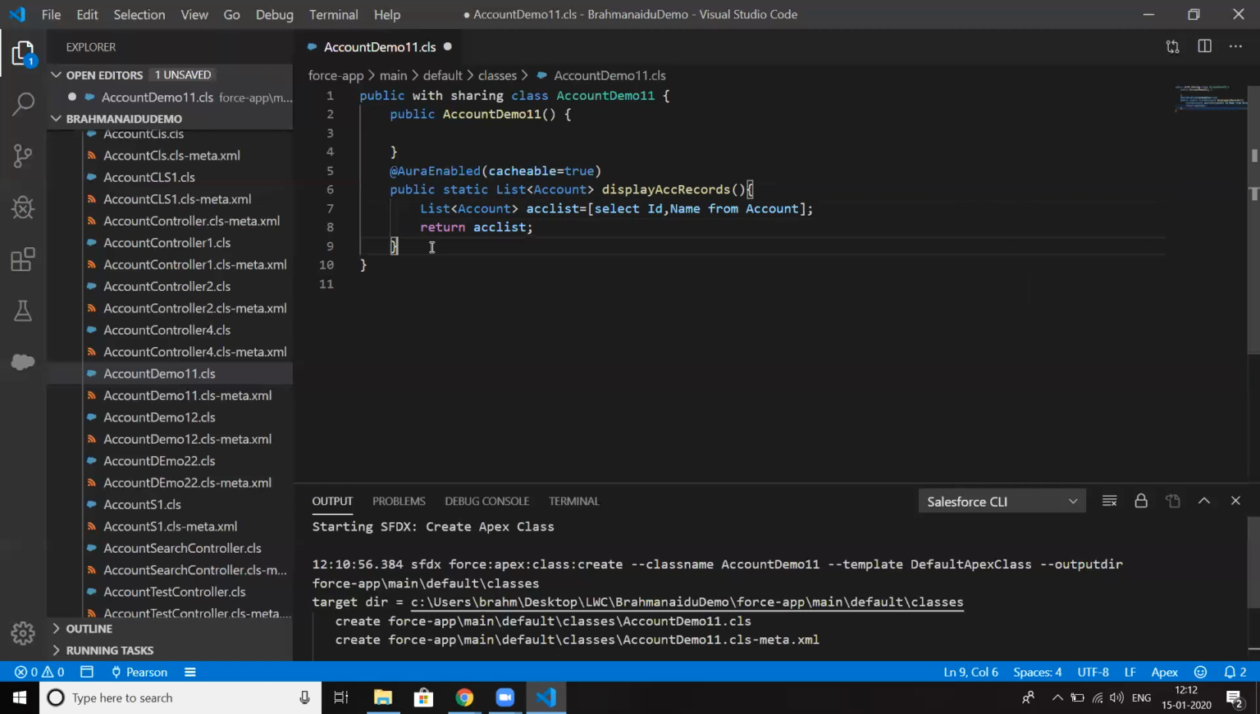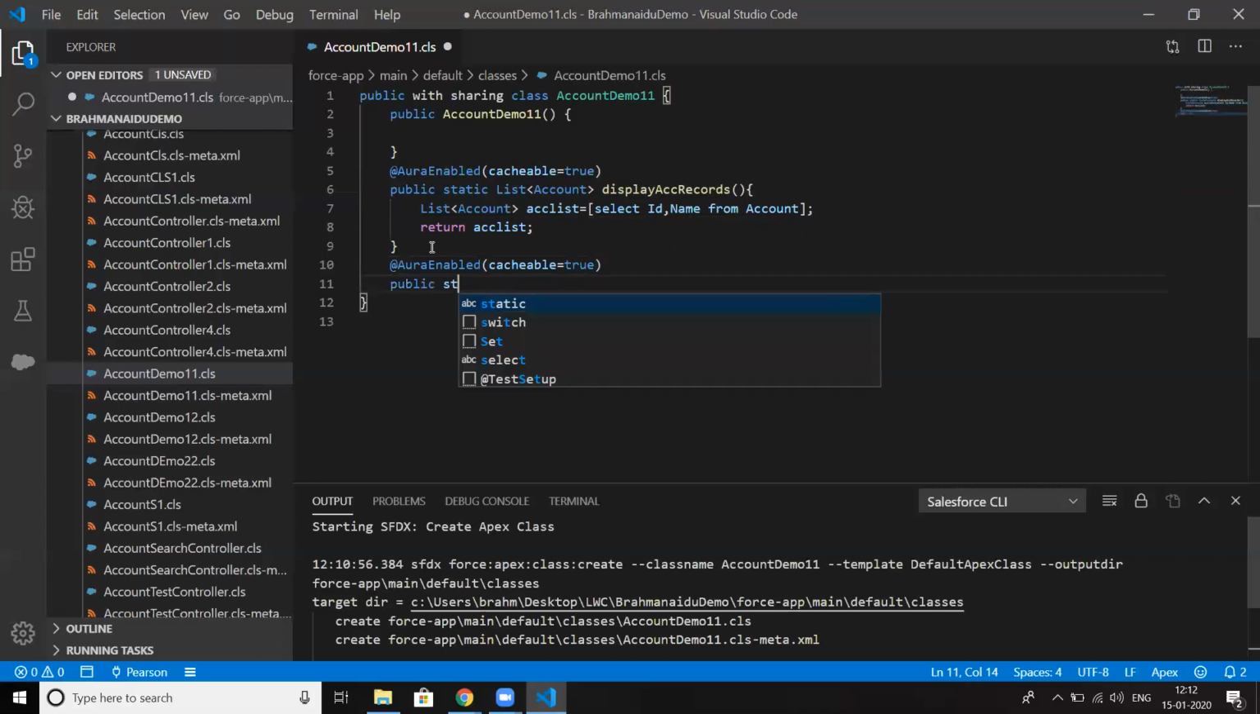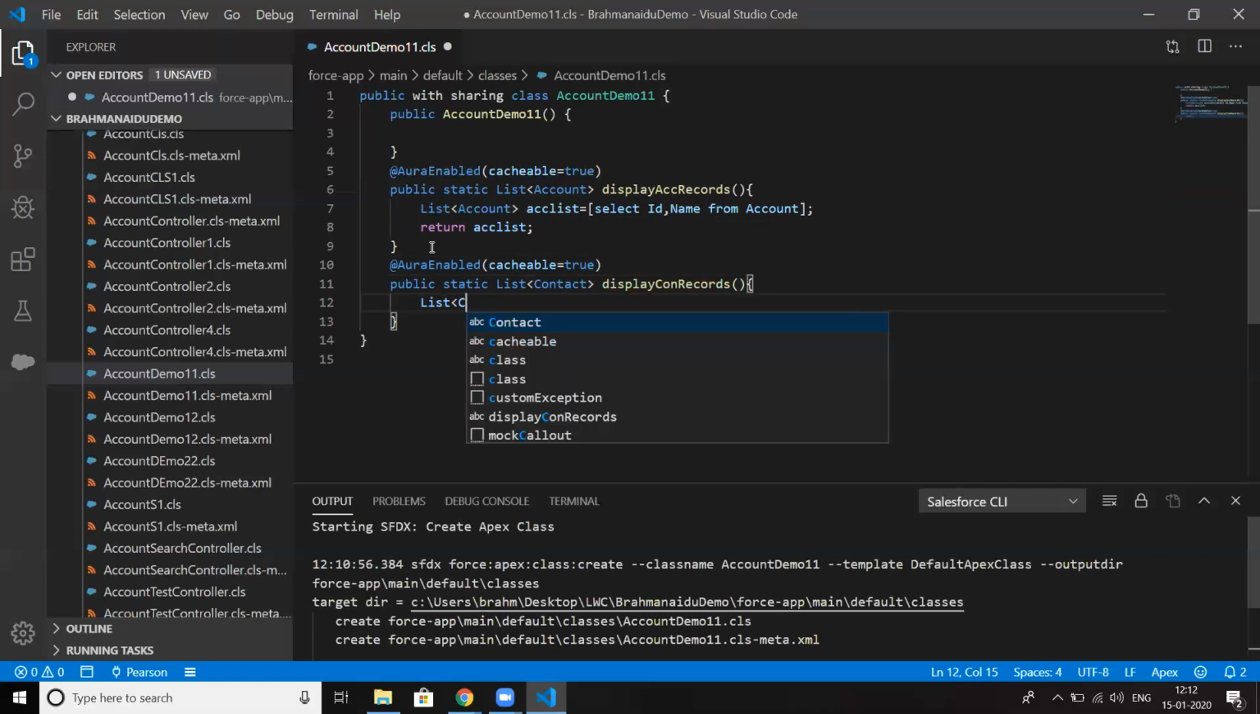I'm creating one more method. @AuraEnabled(cacheable=true) public static List<Contact> displayConRecords. List<Contact> conList = select LastName,